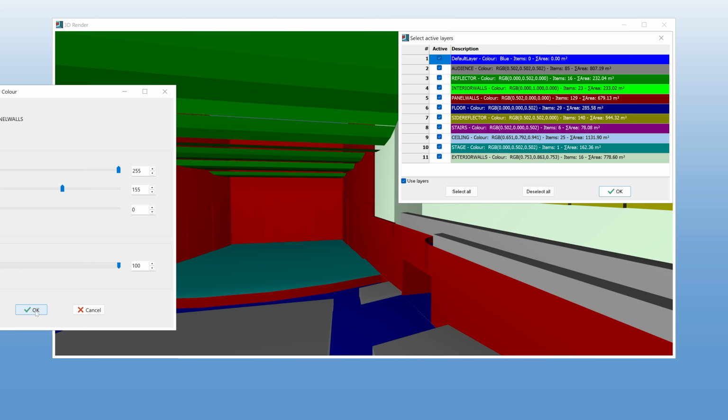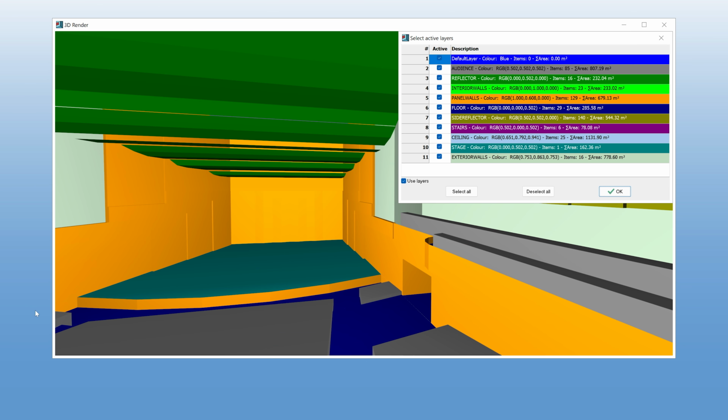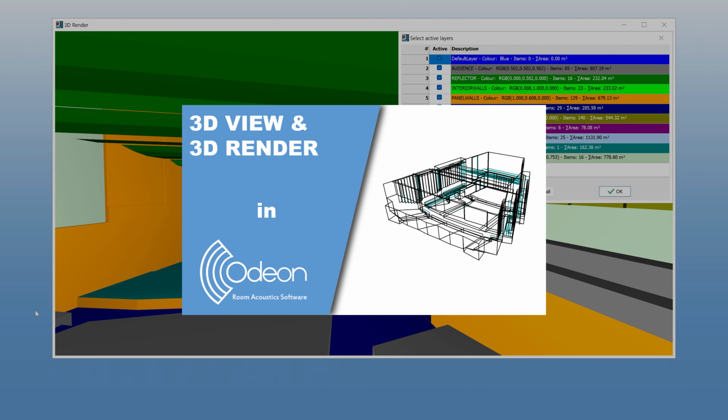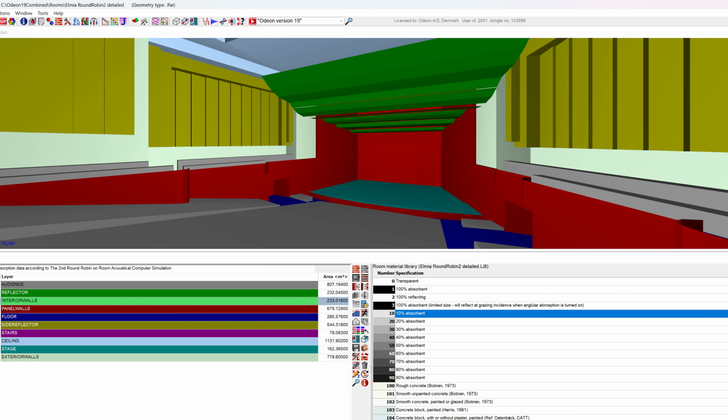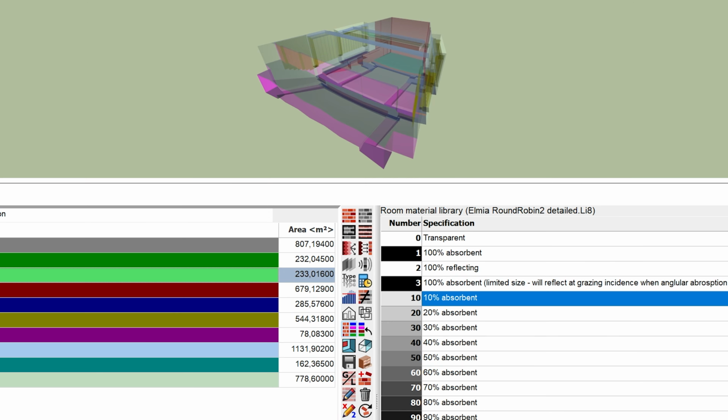Saving views, as well as changing layer colors, is explained in our tutorial on the 3D view and 3D render. The views saved in the standalone 3D render are also accessible in the 3D render in the material list. You can toggle between this 3D render and a wireframe view with this icon.